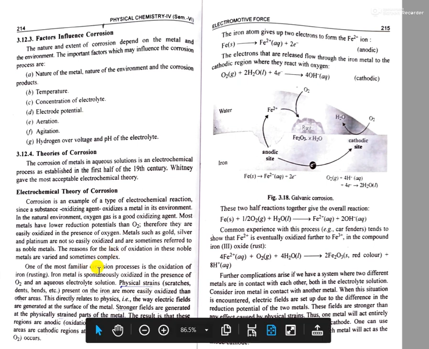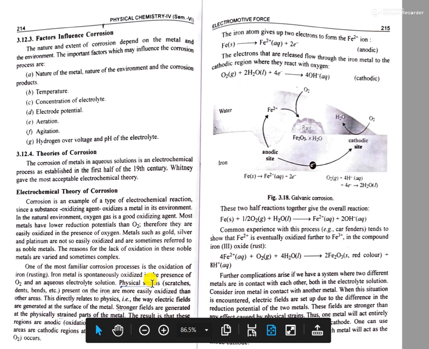One of the most familiar corrosion processes is the oxidation of iron, that is the phenomenon of rusting. Iron metal is spontaneously oxidized in the presence of oxygen and an aqueous electrolyte solution. We know that the atmospheric medium contains moisture, that is the presence of water molecules, and therefore all this combination will set up electrochemical cells over the iron surface,